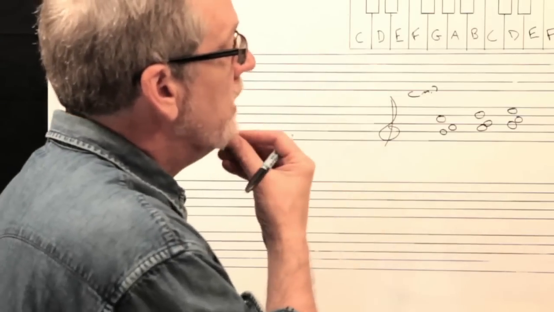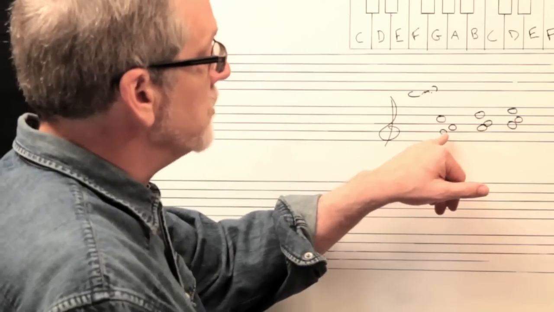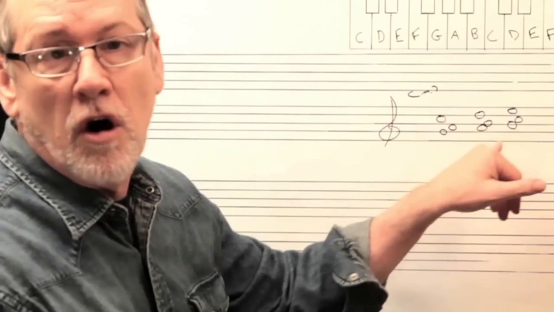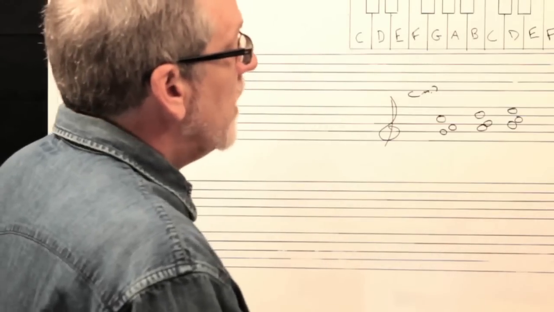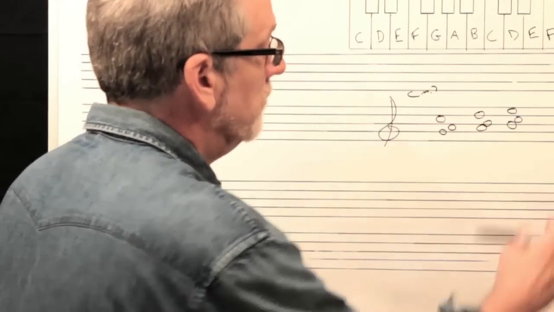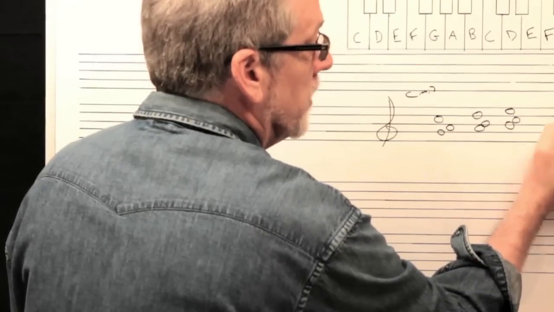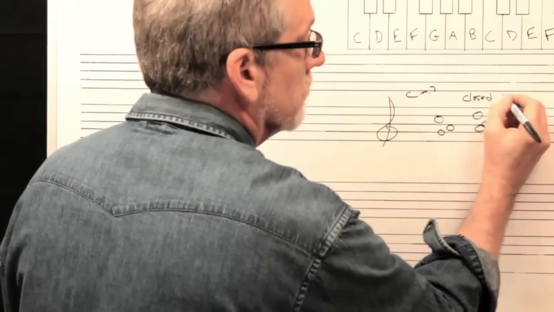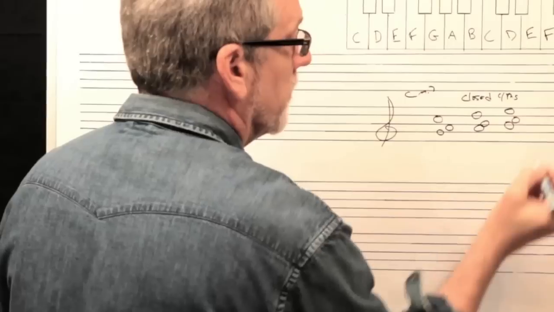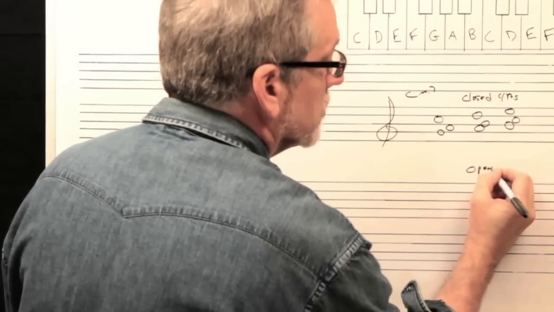Now, if we were to do, these are all diatonic because they're all in the key of C, all the white notes. So those are diatonic. An open voicing would be here. It would be, okay, so these are closed fourths. Okay, here's some, down here we'll write some open fourths